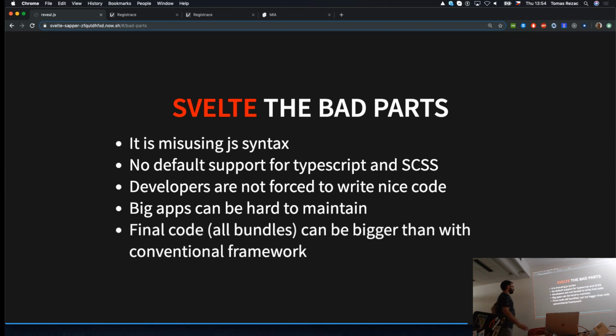And the final code can actually be bigger if you have a super huge app, which is the kind of apps we develop here. In some cases you don't care, because as it is loaded on demand, page by page, a single page is never as big as the whole React, for instance. But if you have the requirement that you load the whole app at once, you can, after the first load, simply trigger to preload every single page, even if you don't use it.